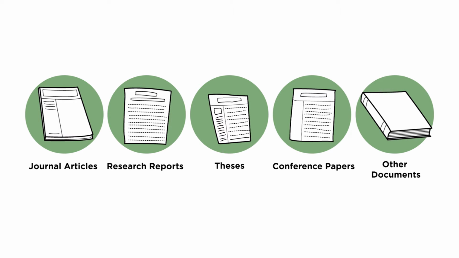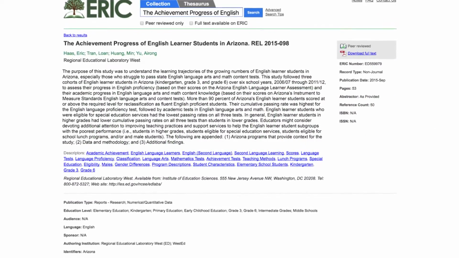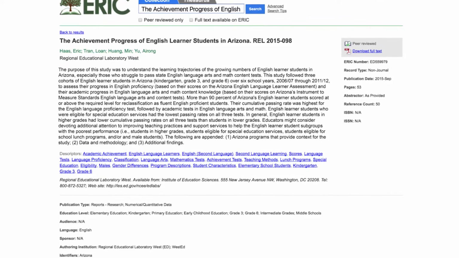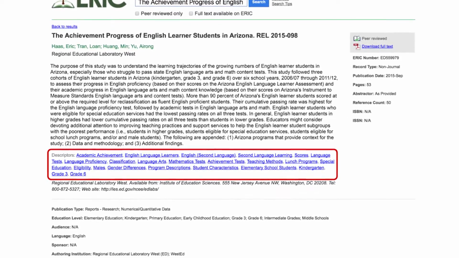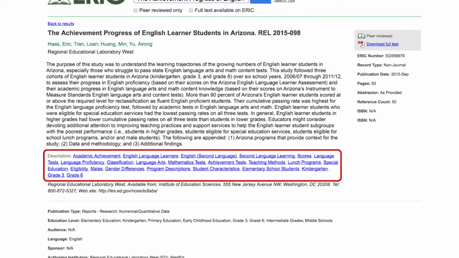All materials indexed in ERIC must have an abstract. Good abstracts are also useful for other places you submit your work for publication. A good abstract can also help ERIC indexers assign appropriate tags or descriptors to the document so your work in ERIC can be easily found by others.